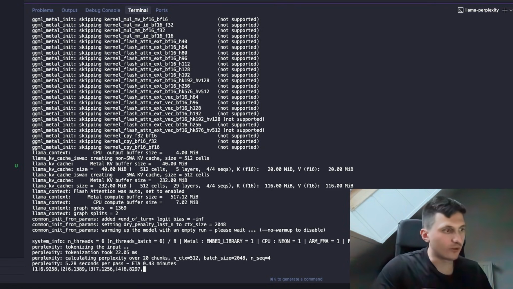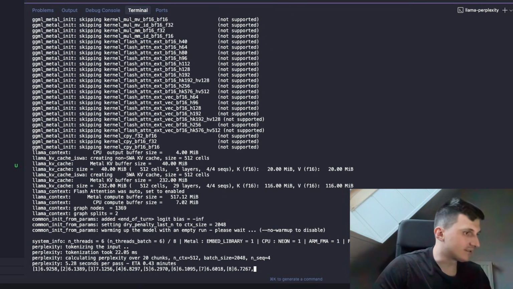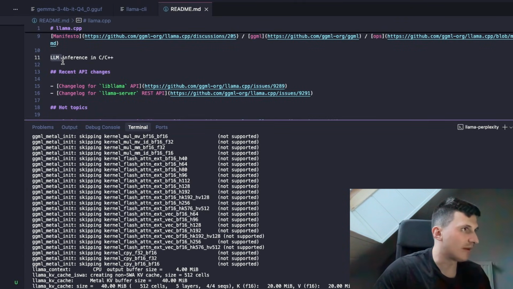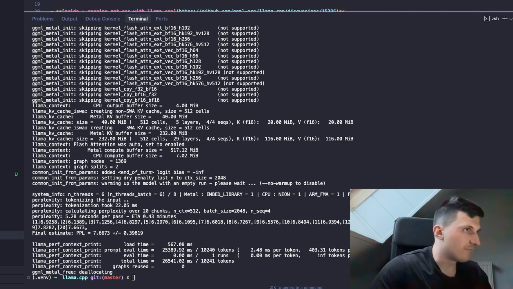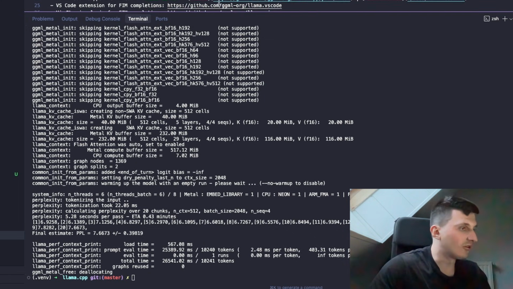So it gives token per token to the LLM, and it will just look at the probabilities that it gives to the token that is specified in the README. For example, given LLM, it will check how likely it is that inference is generated as the next token. And if this file is very likely according to the LLM, then the model is very well adapted to the domain. So we'll see we have a perplexity of